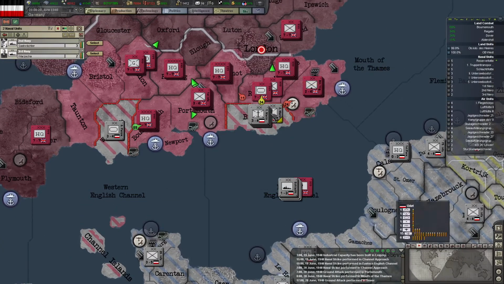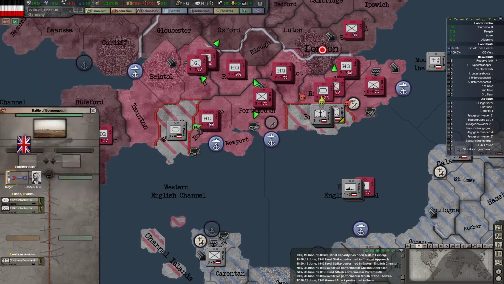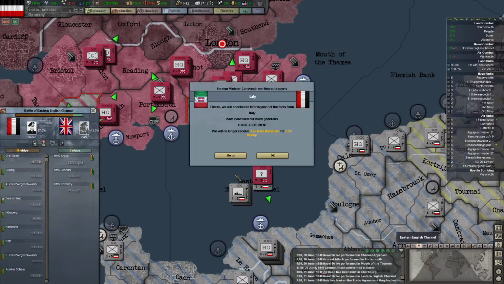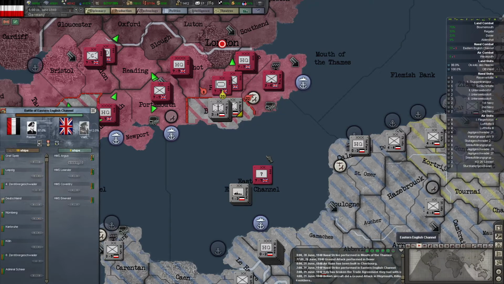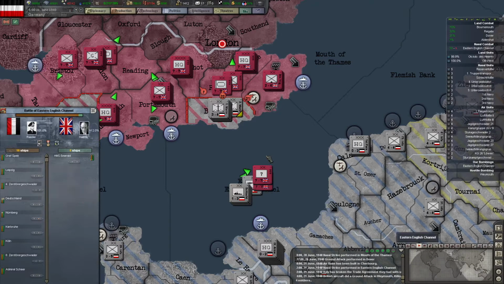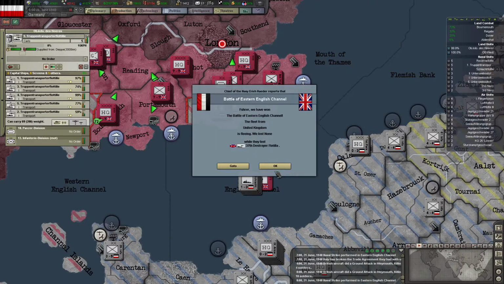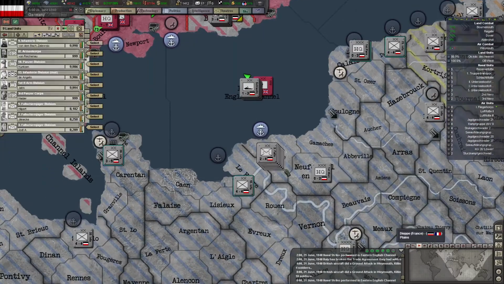Oh, Portsmouth has broken. Oh, and we got another naval combat in here. There's a destroyer. They got a carrier and 3 light cruisers. Oh dear. This might be bad for... Oh, well, actually, we got our transports back to safety at least. We got another destroyer there. I suppose what I can do is...